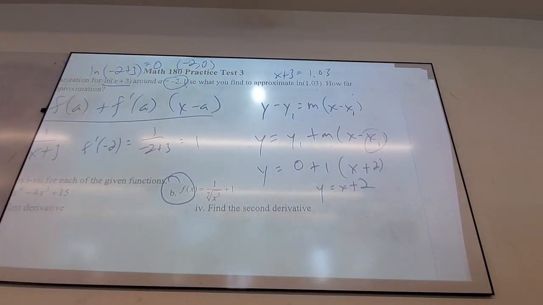Who wants to work on this one? Is that 2B? So what I want you to do is just work on the first derivative and finding the maximum and stuff like that. Just the first derivative level. I can call a few people out. Does anyone want to try that out?